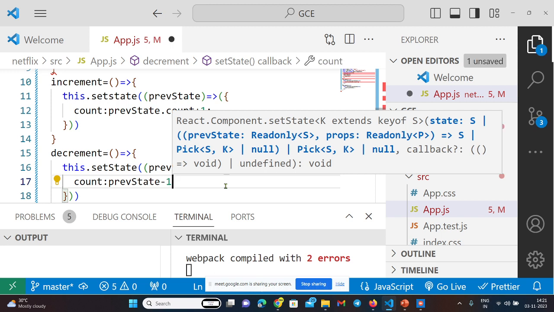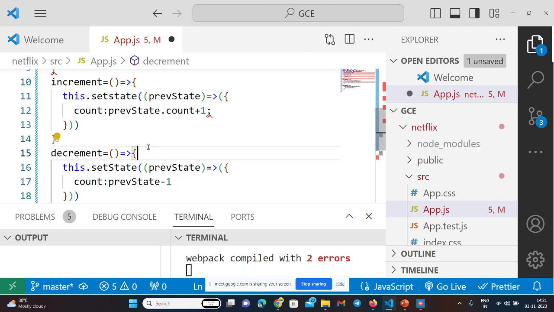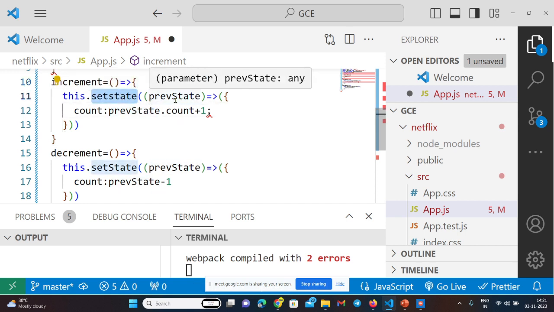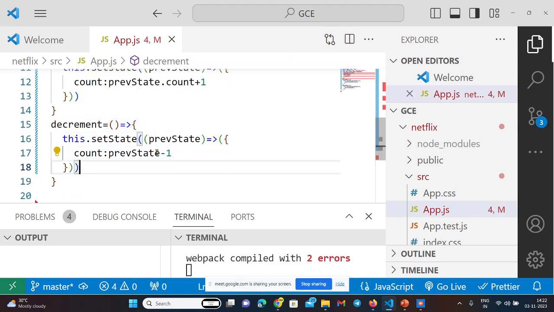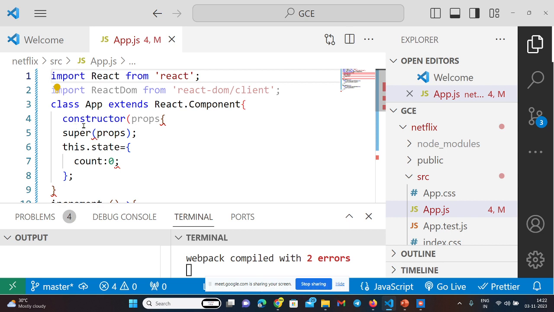Okay, clear? Did everyone understand up to these steps? This is a variable and this is going to be a parameter, then arrow mark, and within the curly brace you are going to give this.state. Because if you are going to set a value, you need to mention the predefined setState, and for it you give a variable name, previous state. Okay? So that's all. Next, what have we done so far? We created a state. In that state, if you see,